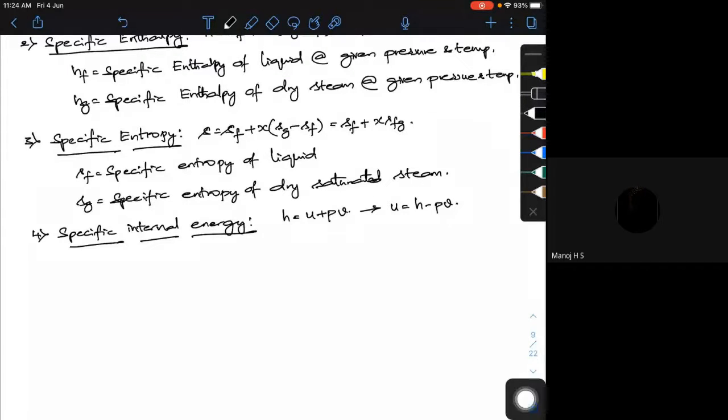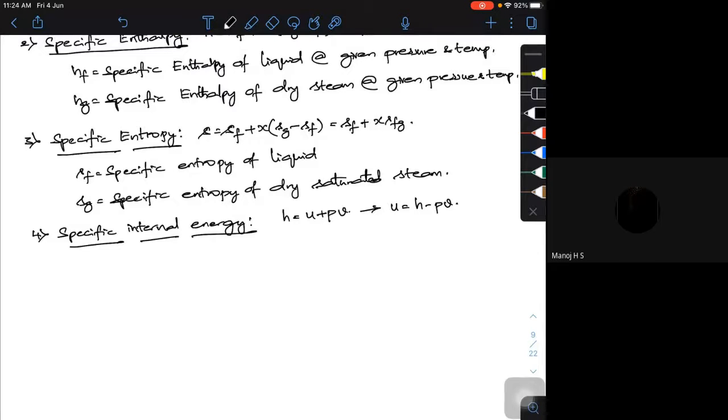So if I want to calculate U, I need the specific enthalpy minus the pressure at which you are calculating your property values times the corresponding specific volume. For that particular point, I can calculate it from this formula. Some books give U is equal to Uf plus x into Ufg. That is a very wrong notation, because you are not getting any internal energy from your steam tables, and Ufg is equal to Ug from the steam table.